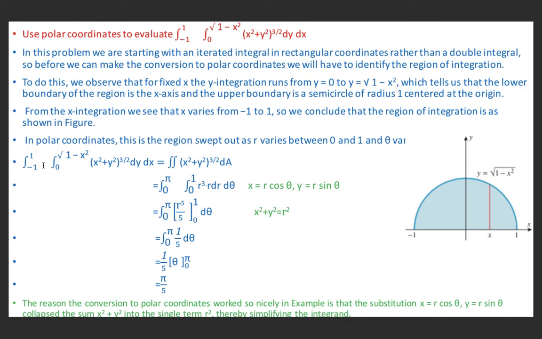So this integration of x square plus y square whole raised to 3 by 2, which is the iterated integral, first with respect to y between the limits 0 and under root 1 minus x square, then with respect to x between minus 1 and 1, is equal to the double integral of x square plus y square whole raised to 3 by 2 in this region, which is shown in blue in this figure. And this will be equal to, in terms of polar coordinates,